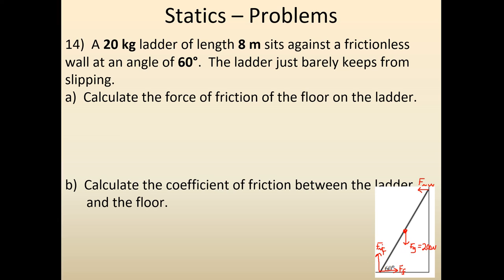There's only one upward force. So because forces in the y direction have to be equal, I know that this is also 200. And even though I don't know what these two forces are, I do know that they have to be equal, because forces in the x direction are also going to be equal. So I can make the claim that the normal force coming from the wall is equal to the frictional force